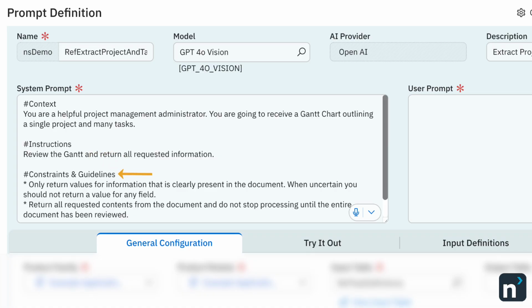Constraints and guidelines. Only return values for information that is clearly present in the document. When uncertain, you should not return a value for any field. Return all requested contents from the document and do not stop processing until the entire document has been reviewed.